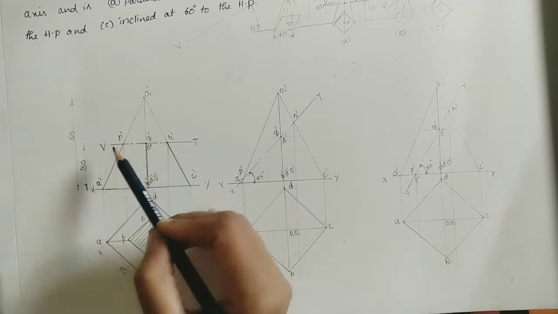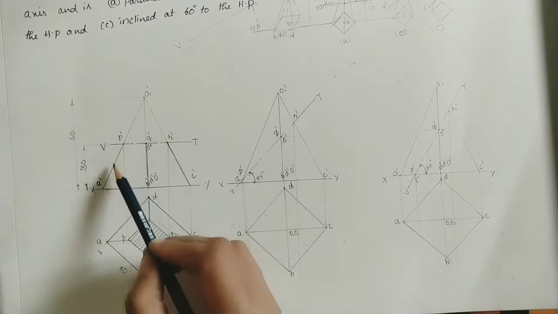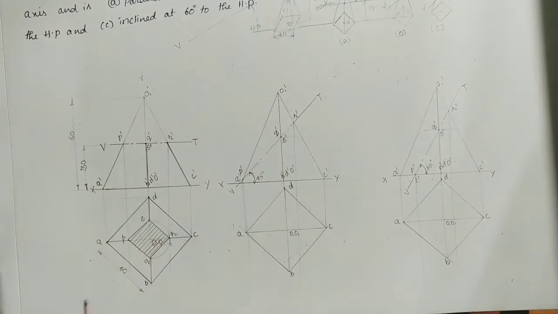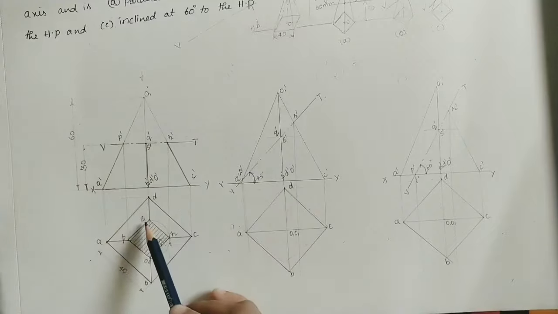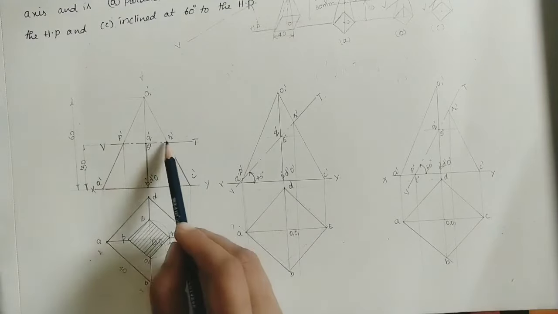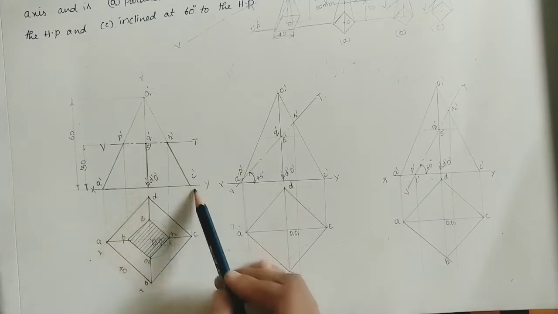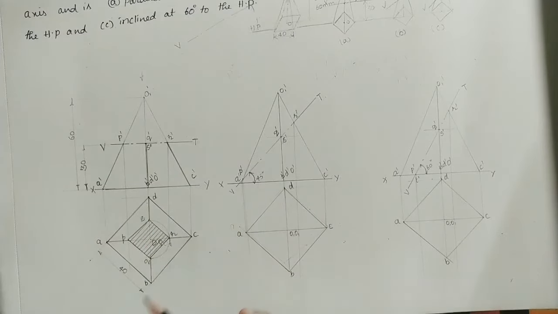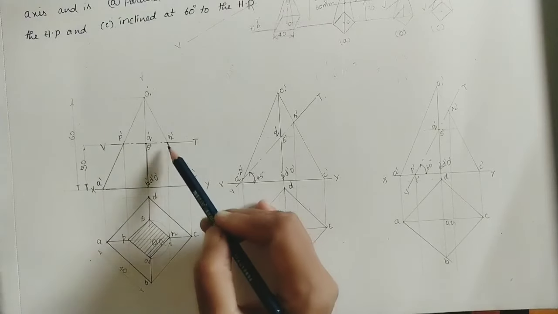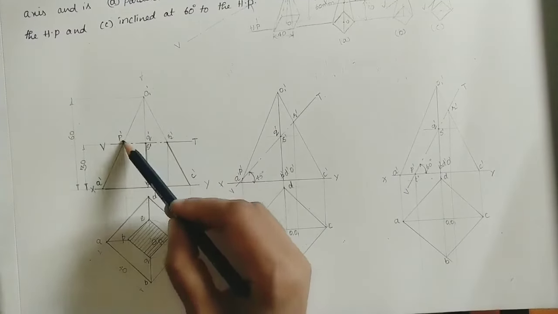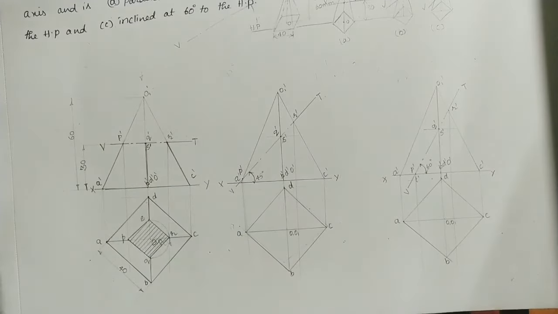Now by using this cutting plane, we are removing this part. The remaining part is here. So in the top view, if you see the remaining part, we will get this type of top view. Okay, so this is the base. Make it dark, and this part is looking like this. So this is the cutting area. That's why we have to make it hashed. Whatever remaining section is there, make it dark, and these slant edges here make dark, and this part in the front view also make dark compared to the remaining portion. Okay, this portion we are removing from the pyramid.